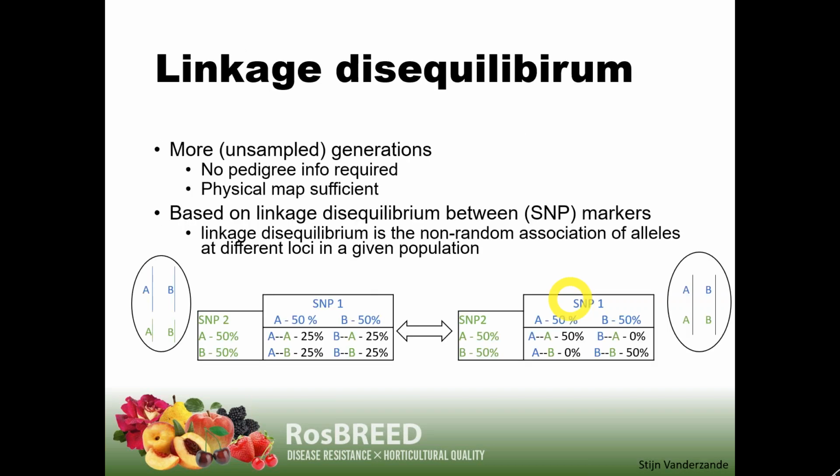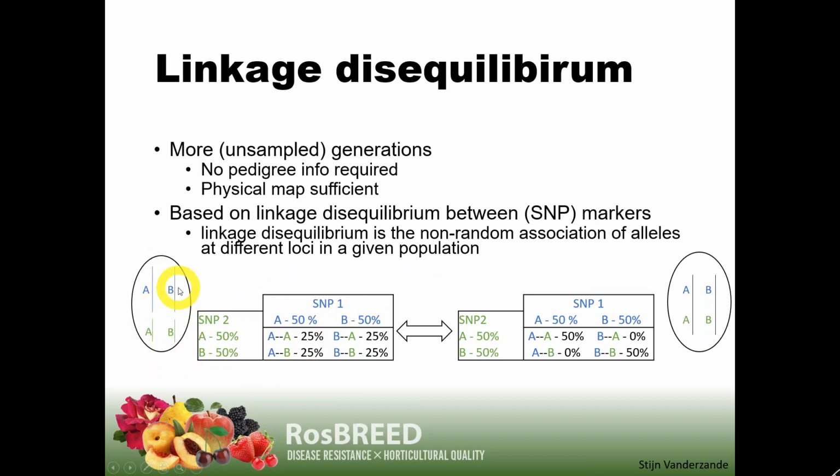So if we're talking about linkage disequilibrium, the advantage of that is we don't need a pedigree, and in most cases a physical map is sufficient. And when I say we don't need a pedigree, it means we can do this for a wider germplasm in which our individuals might be connected through pedigree, but we don't know it because there are many generations between them, and most of the time we don't have access anymore to those previous generations. So we lost that information, and so it's using linkage disequilibrium, which is